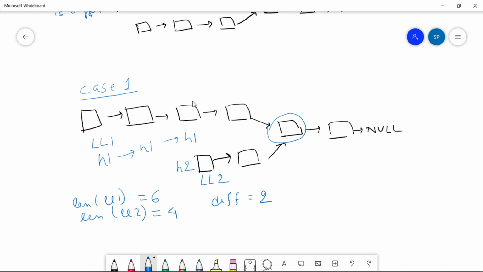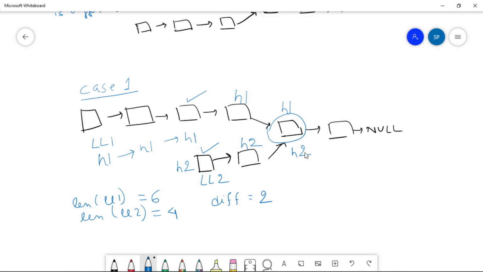Now h1 is in this place and h2 is in this place, so we'll move forward by 1 step. Now h1 and h2 move here, and in the next step we'll see that h1 and h2 are in the same place. So this is the answer.